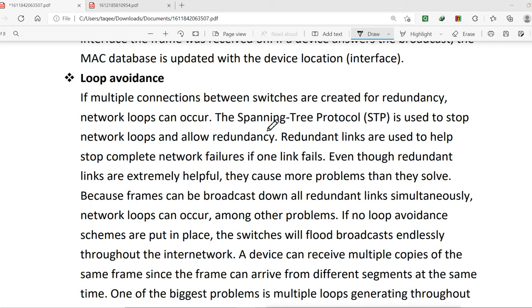The spanning tree protocol is already enabled and configured on the switch. Redundant links are used to help stop complete network failures if one link fails. Even though redundant links are extremely helpful, they can cause more problems than they solve, because frames can be broadcast down all the redundant links simultaneously, so network loops can occur, among other problems.